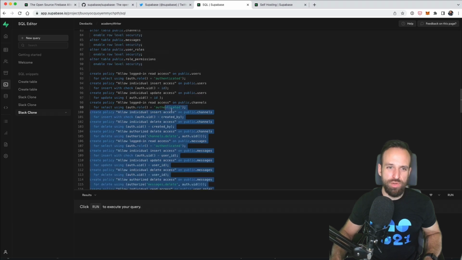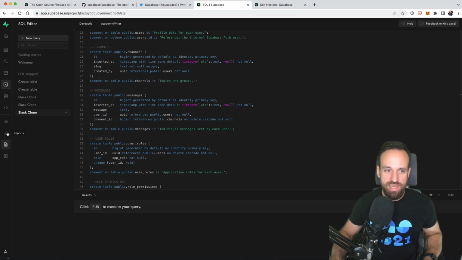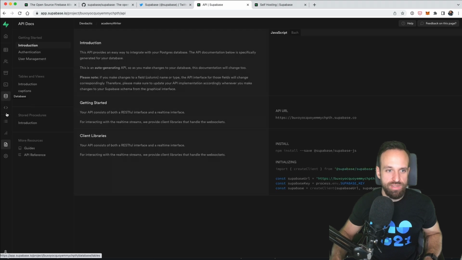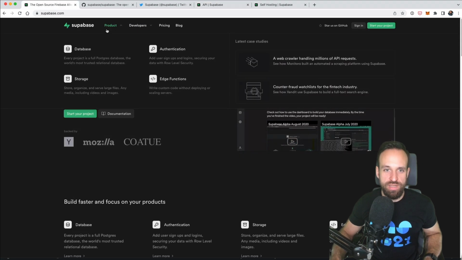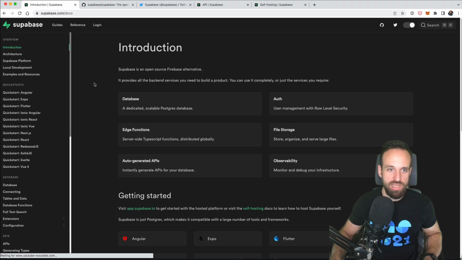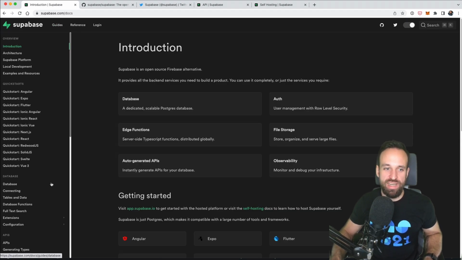There could be some more docs about all of these things regarding SQL, because in general, the API, where's the documentation? There used to be, usually they have pretty good documentation right here. I just can't find it because I'm an idiot. Here's the documentation. They got a bunch of quick start guides.